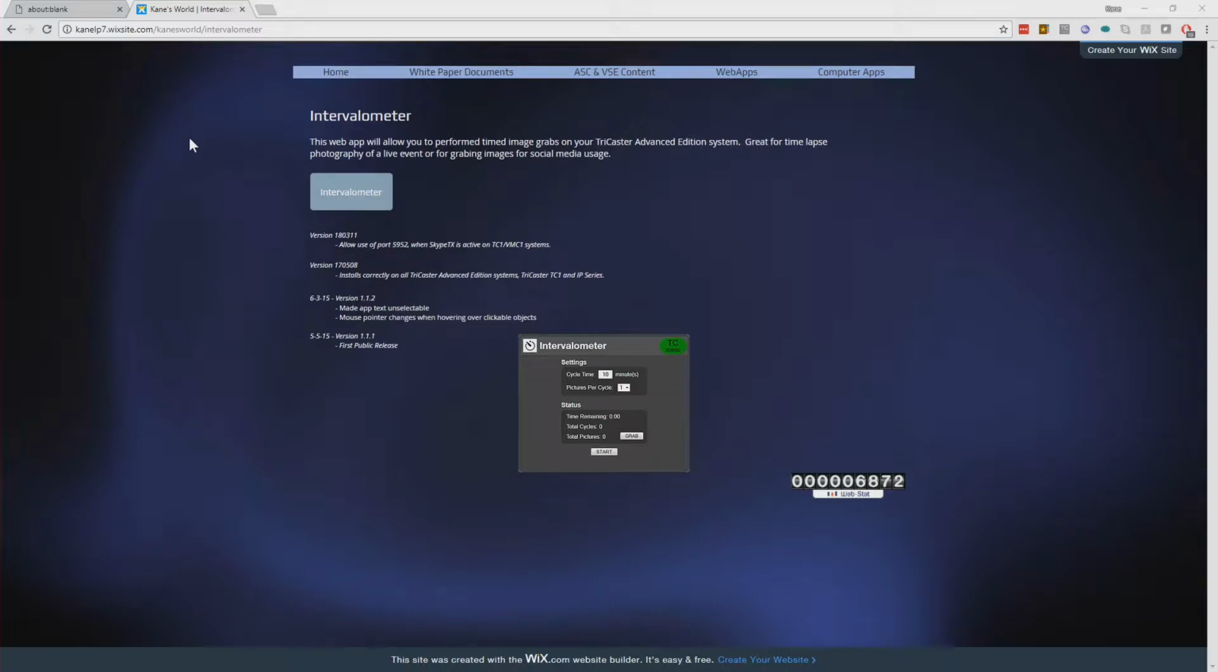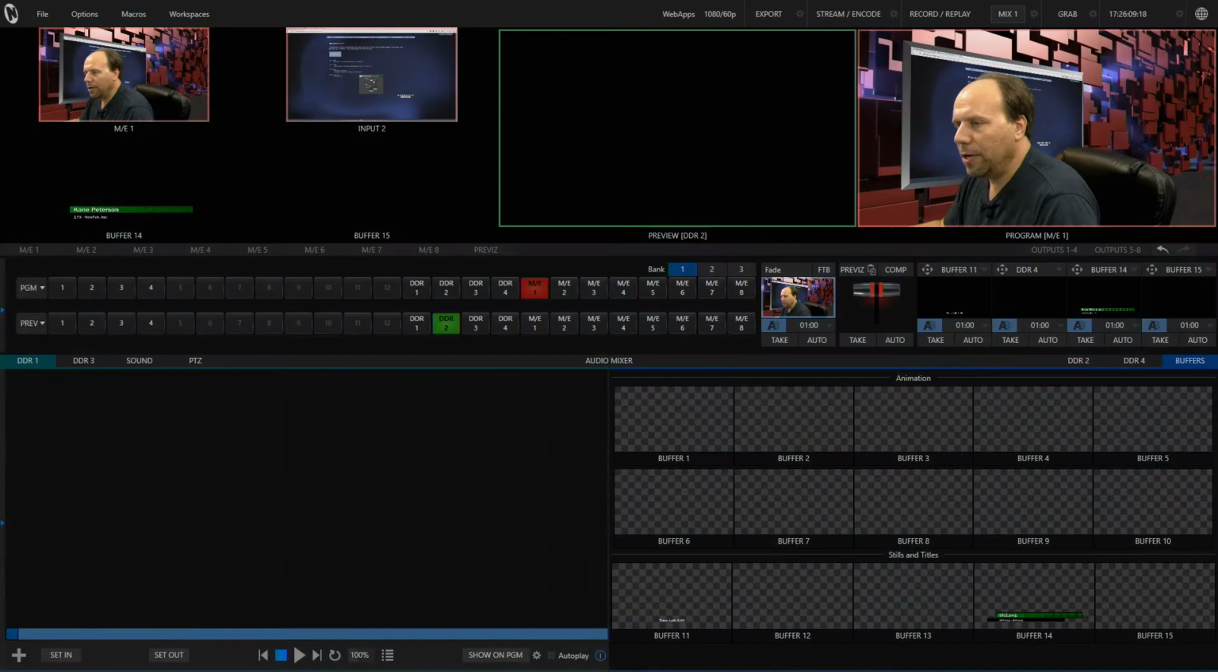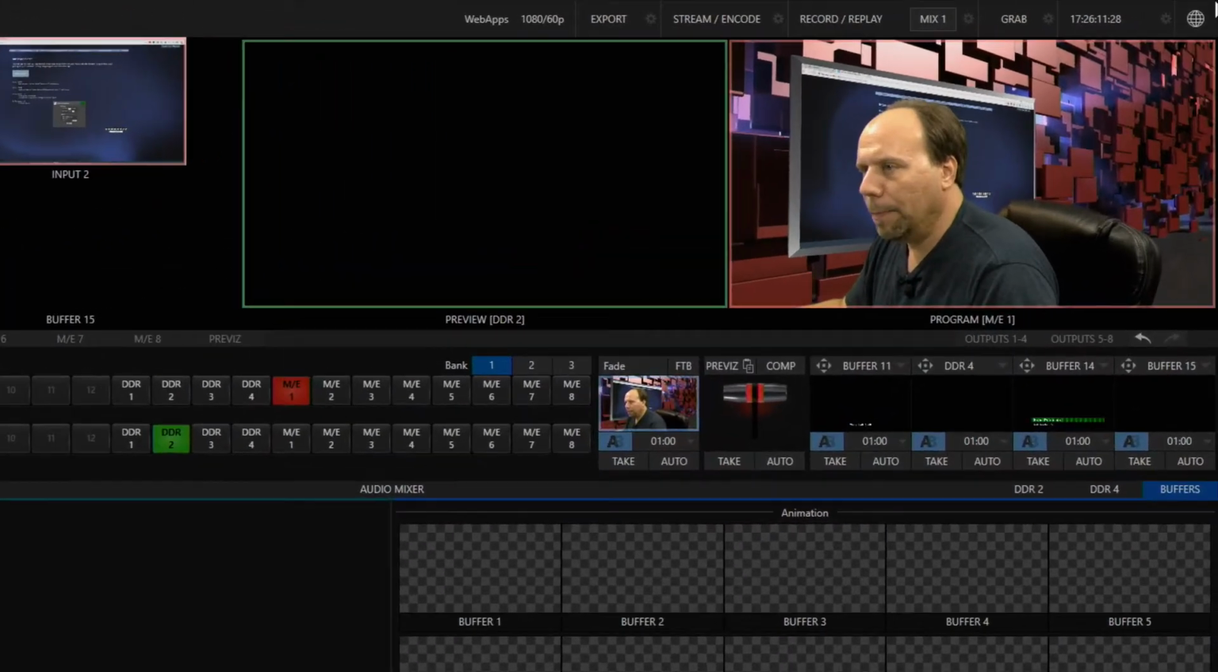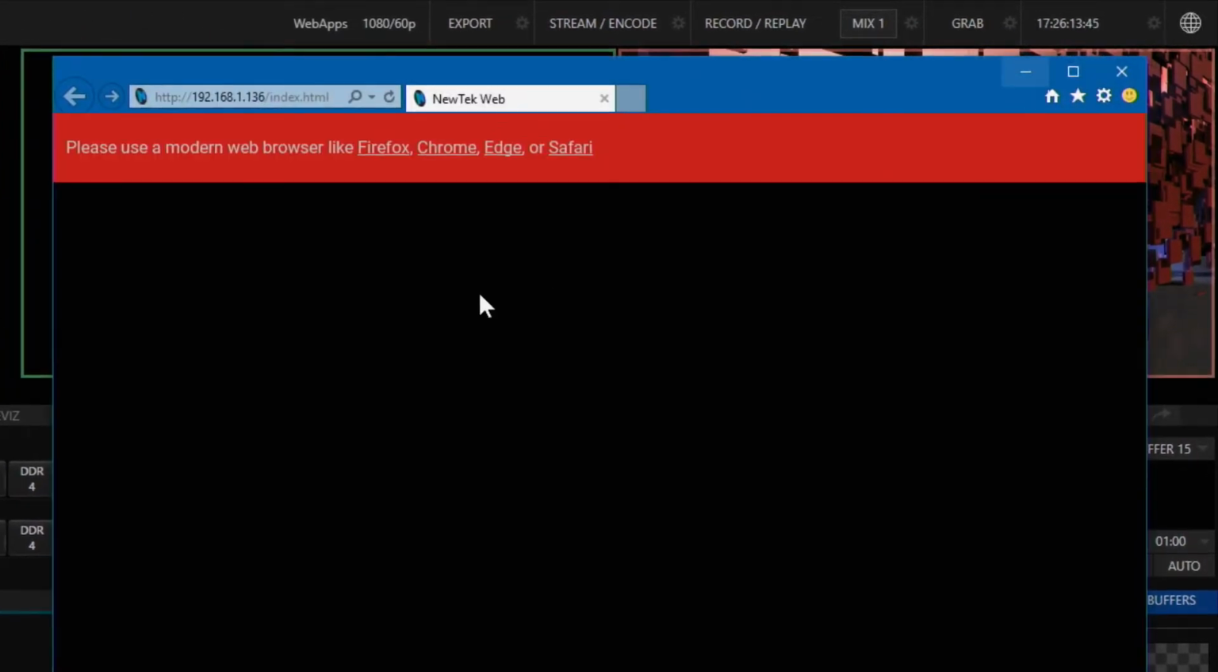After that, we need to go into a browser to access the application, and there is a little bit of information we need to be able to form the right URL. If you don't know what that will be, you can go to your TriCaster. In the upper right corner, you can click the globe icon, and in the window that pops up, it will give you the IP or computer name. So you can see in my case, it's